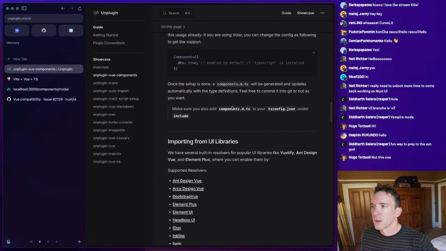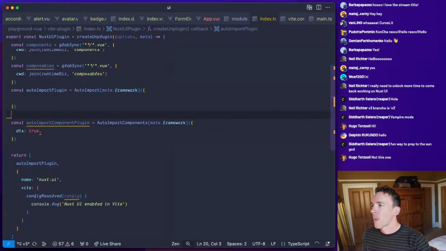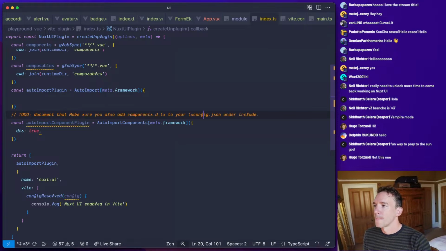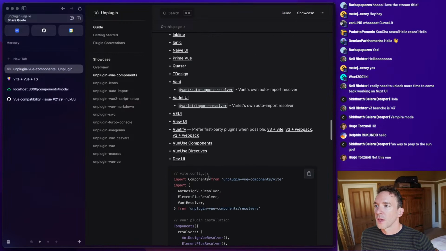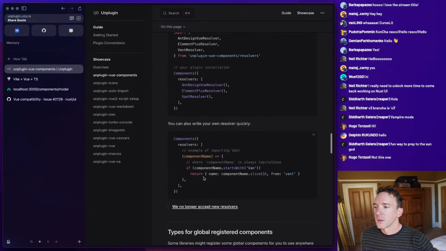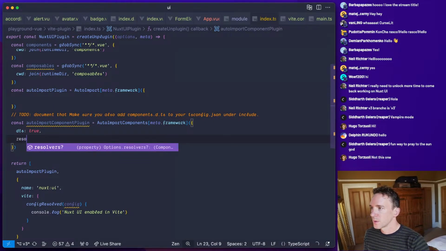And okay, that's probably something we can document. Right, and we have some resolvers. Cool. So let's just create a custom resolver for ourselves.